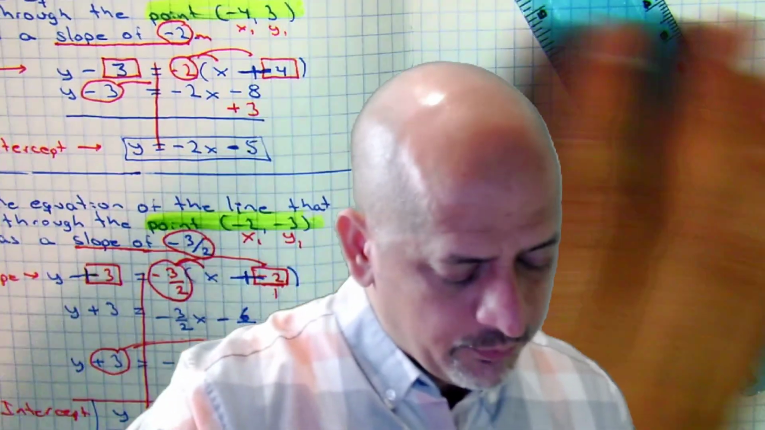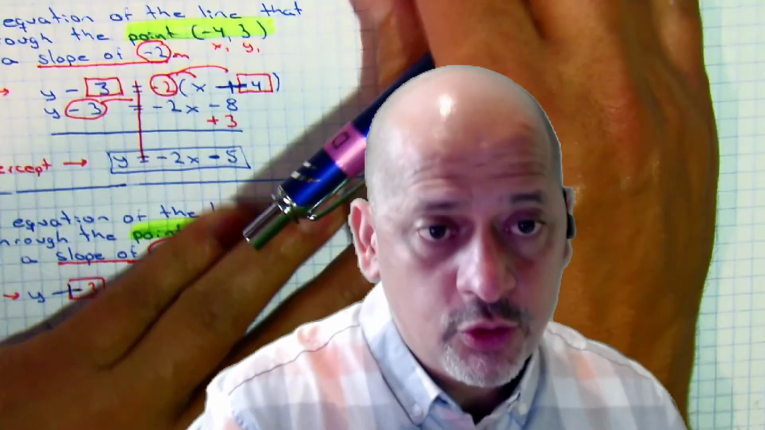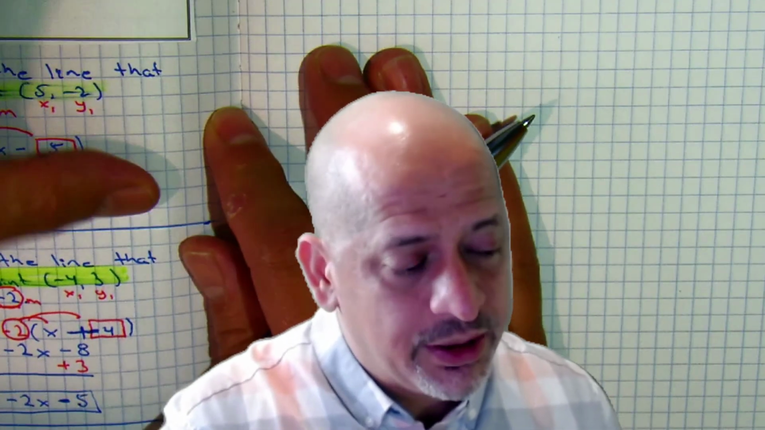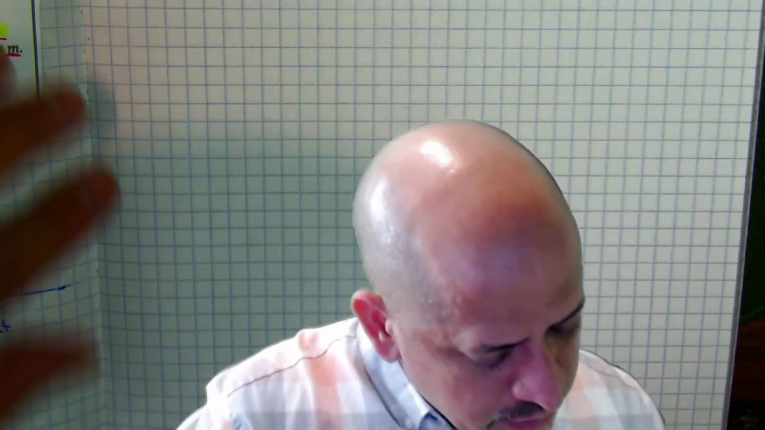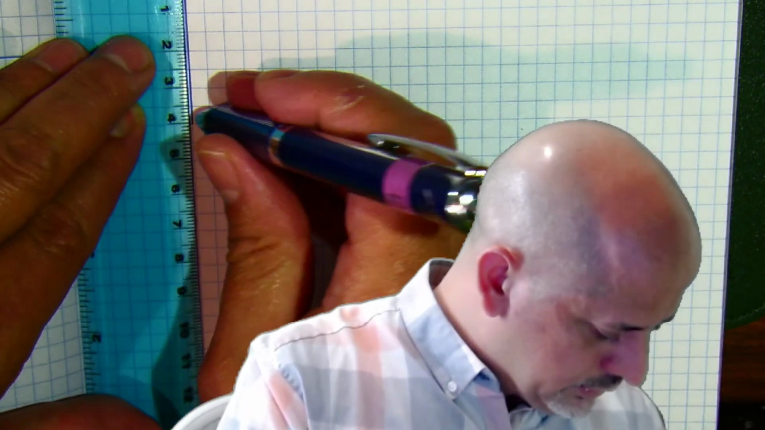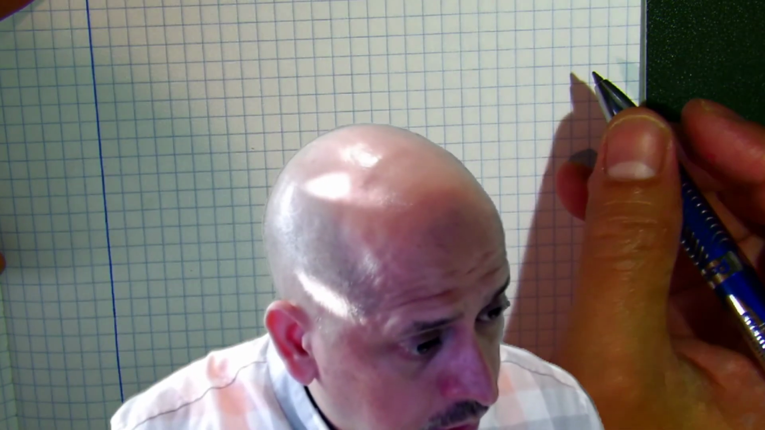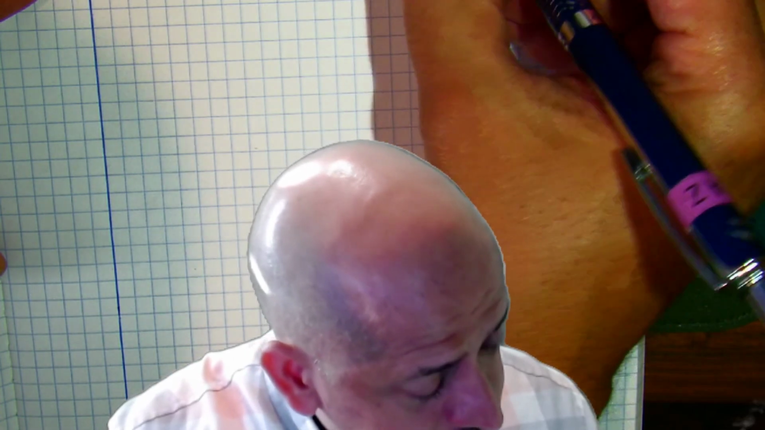On example number 4, we are going to find the equation, but now they're going to give us 2 points. So let's make a margin, 2, 4, 6, and we're going to make the line all the way through example number 4. So write an equation of a line that passes through the points